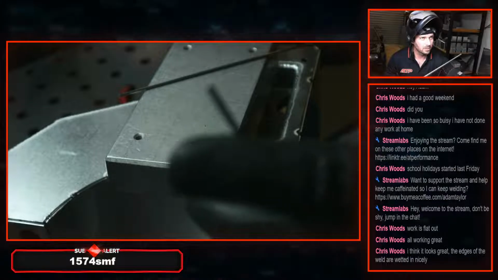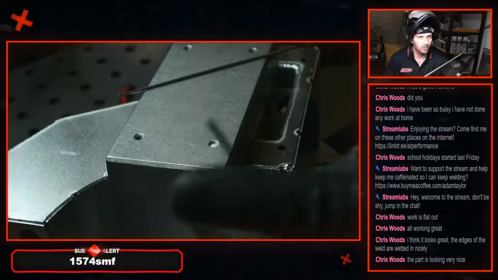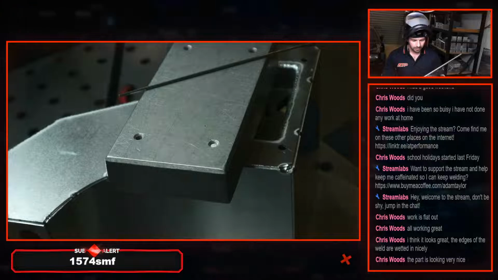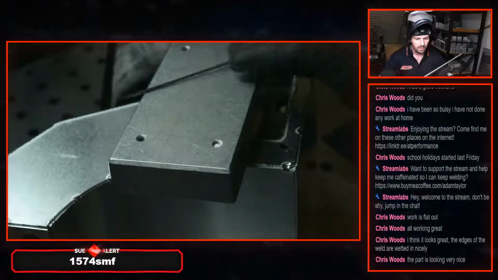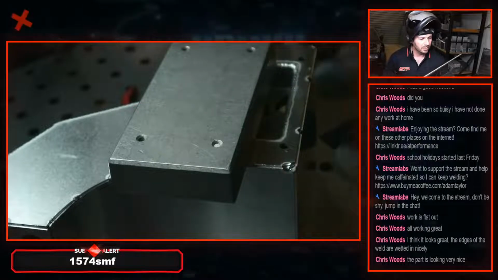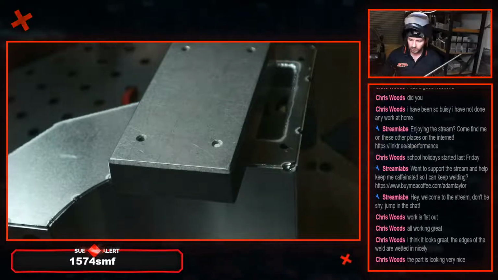We might have to go back to manual focus on that camera, I'm not sure. But yeah, a little bit noduly, which is strange because I really rated those tungstens